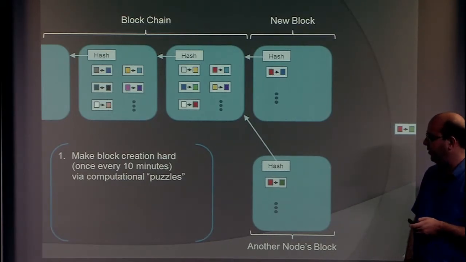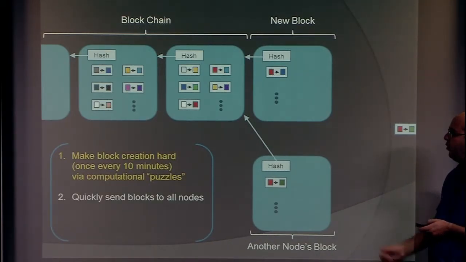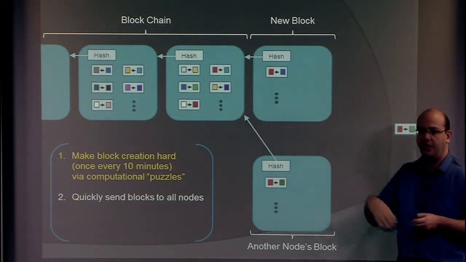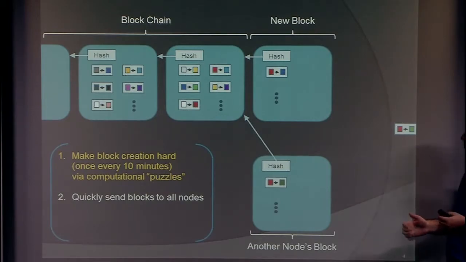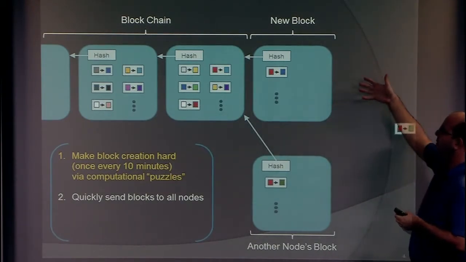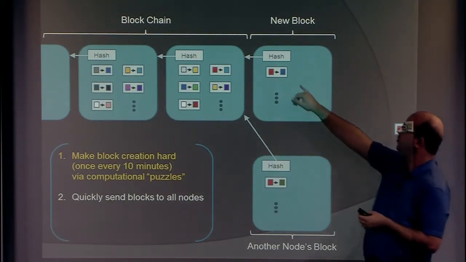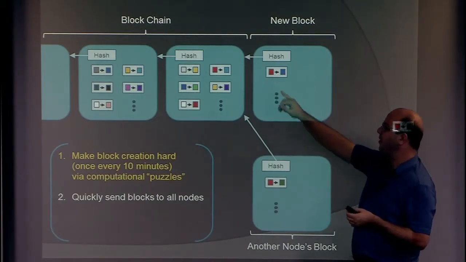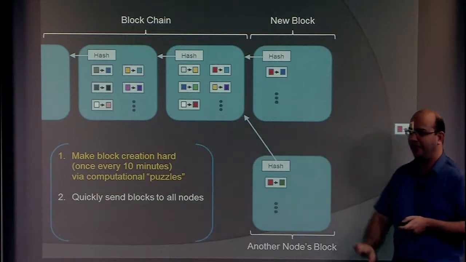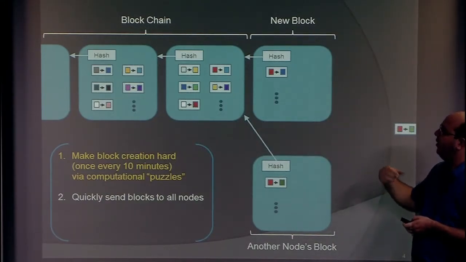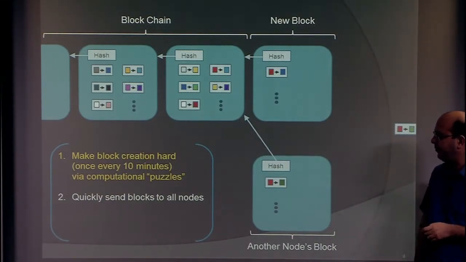The next thing that Bitcoin tries to do is, of course, once we do create one of these blocks, we send it out to everybody in the network very, very quickly, so that when the next one is built, it'll be built on top of it, and we can tell that red has already given money to blue, and we should reject transactions like this. So if blocks are propagated really fast, that also helps us to avoid these conflicts.